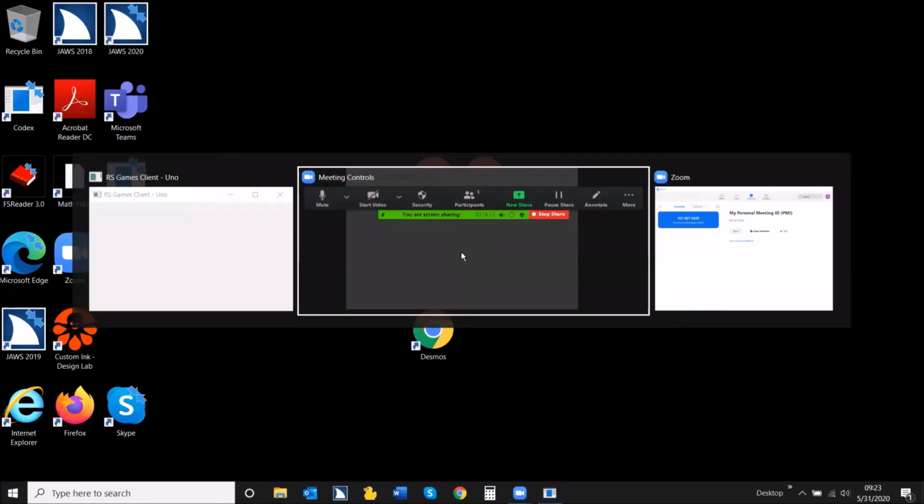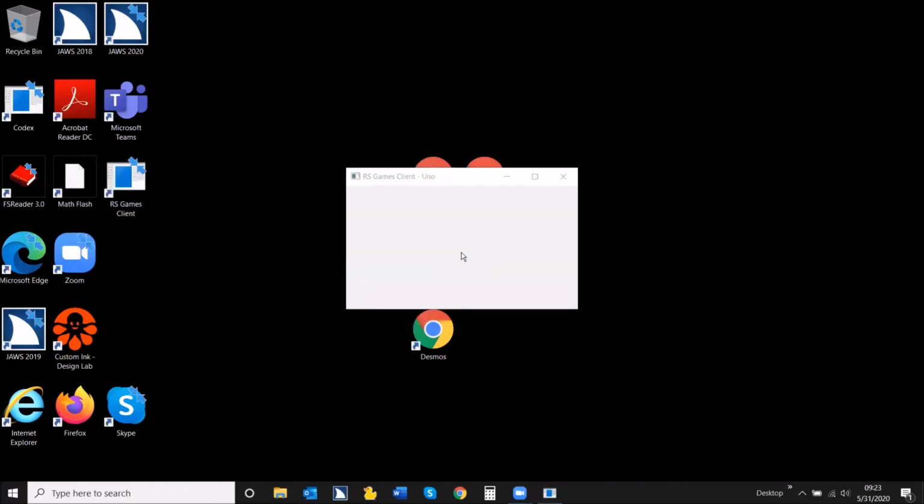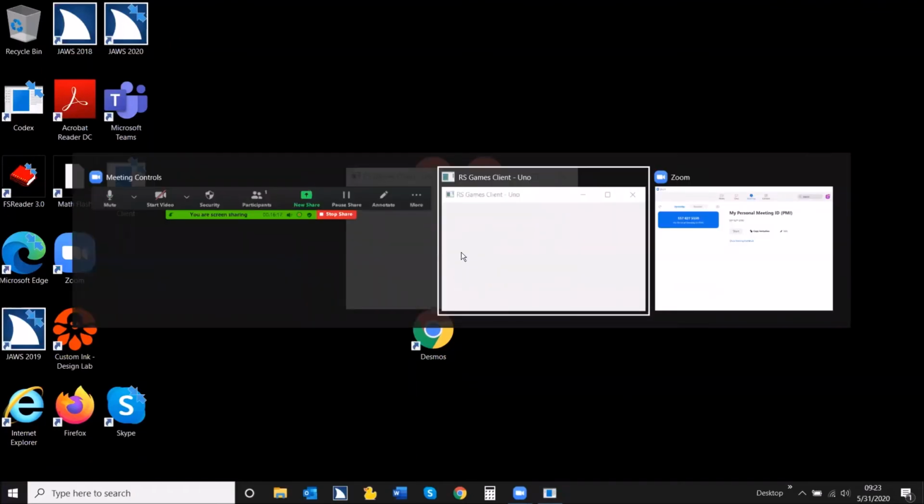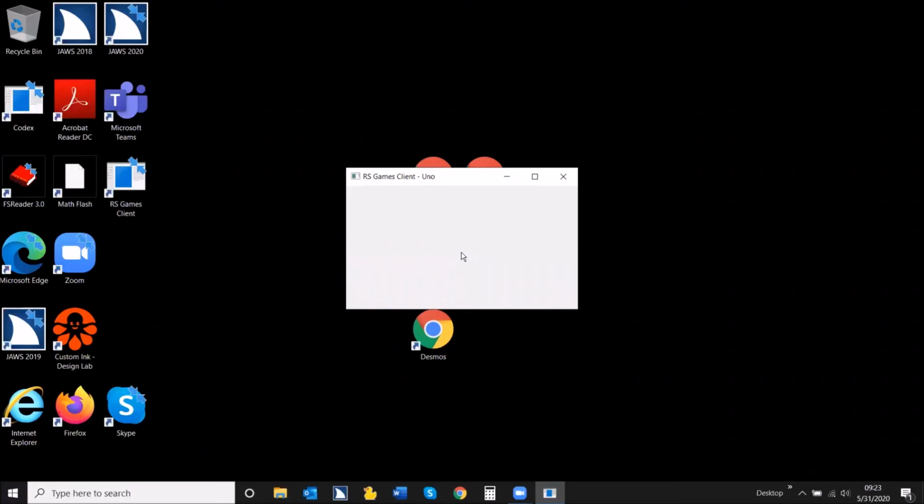Task switching. Meeting controls. Games client. Uno. Okay. So in this particular website, tab is not our friend. Up and down arrows are going to list our games, Join game and New game. Space, Enter will always be the good command. So we're going to hit